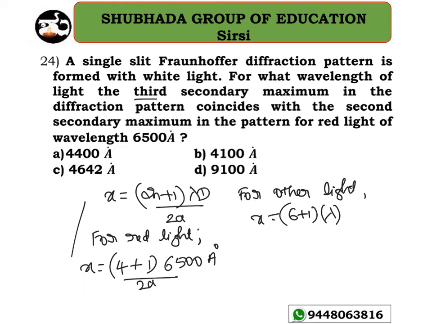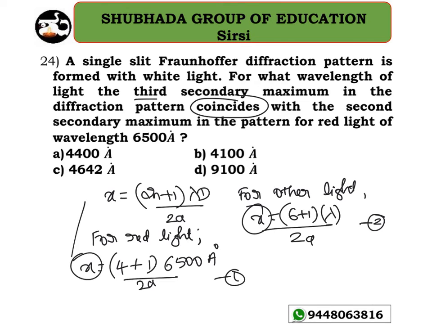So lambda is going to be calculated now, into d, assume that d is the same here again, divided by 2 times a. This is also constant here. So clearly, let me make it equation number 1 and equation number 2. As these coincide, x must be equal, correct? That's the reason I have taken x equal on both sides. So LHS is equal, then RHS must be equal.